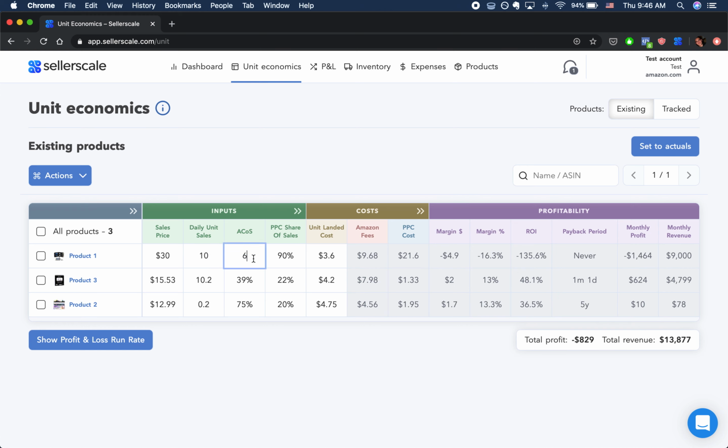You can reduce your ACOS somewhat, let's say 50%, and generate 70% organically, 30% through PPC. We see that under these conditions, the product is extremely profitable. 340% ROI is unheard of, basically,